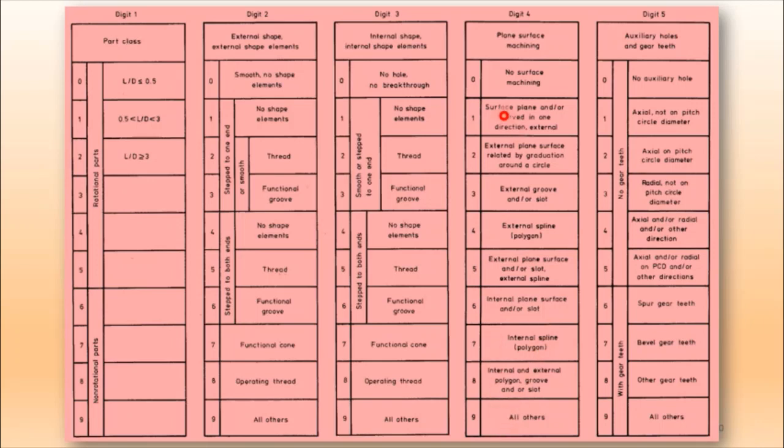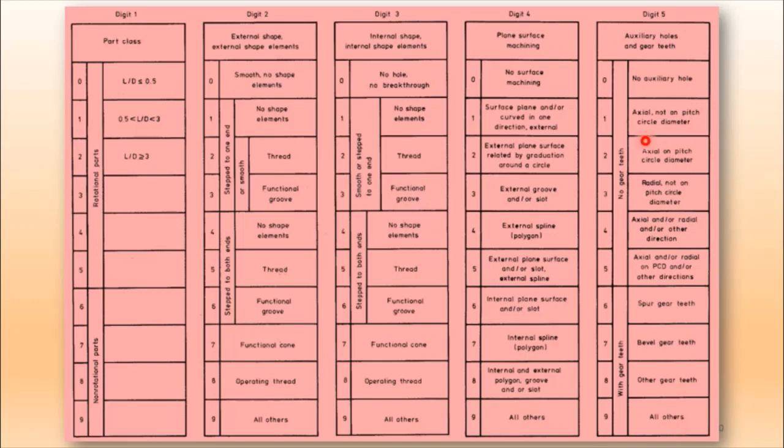So what we can learn from this is that based on the kind of feature or attribute, like thread, groove, gear teeth, slot, keyslot, machining type, internal, external, we have the codes, and based on the code one can easily understand what kind of product this is. The last, fifth digit is denoted, for example, with gear teeth as 6, 7, 8, 9 codes: spur gear is 6, bevel gear is 7, other kinds of gear teeth are 8, and all others have a 9.